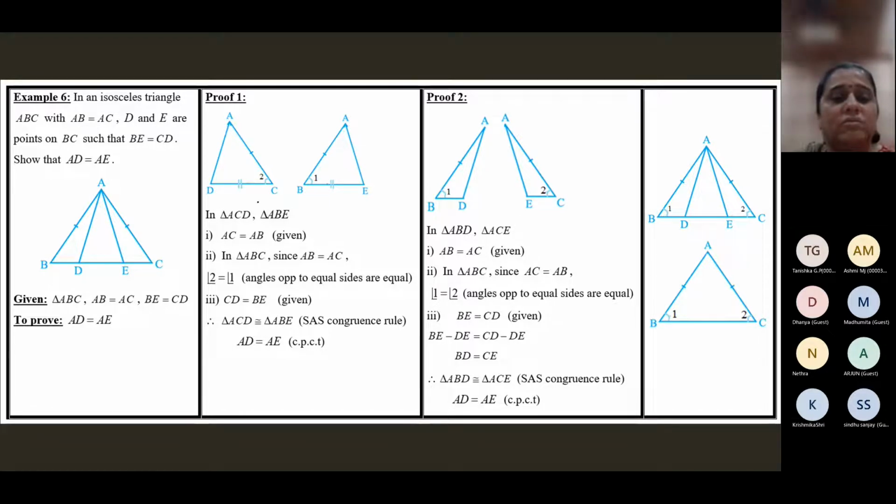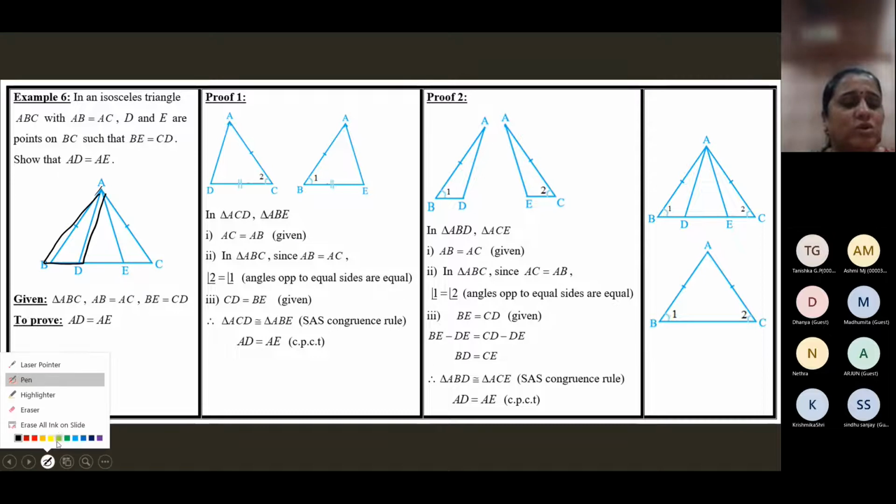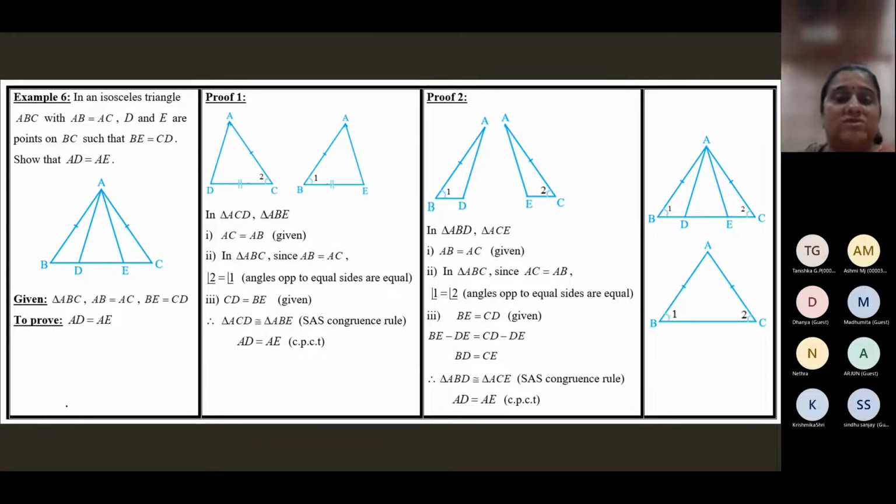Okay. So now going by this proof, let's understand this proof first. You will have to take up a triangle that has AD as a side and another triangle that has AE as a side. And you should select the triangles so that you can use the information given. So AD is in triangle ADC. You cannot choose one small triangle and one large triangle and try to say that they are congruent. You cannot take this triangle and the whole triangle. You should have that intuition that you have to take these triangles.